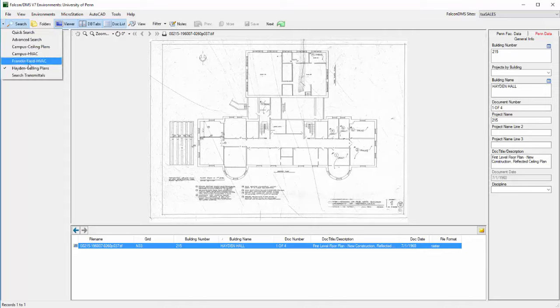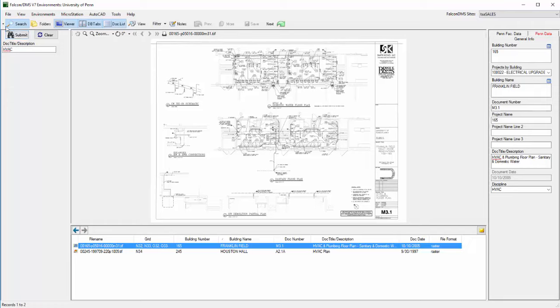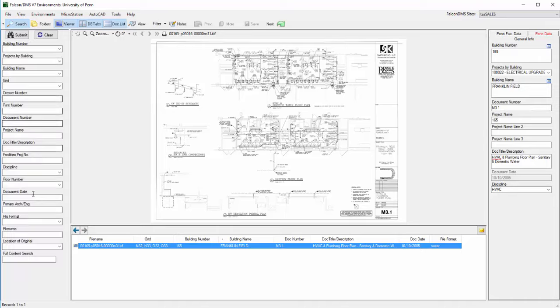I could also say that I'd like every HVAC document for the entire campus, or specifically the HVAC documents for Franklin Field. You can define as many of these named searches as you'd like, and they can be custom tailored for each of your environments. If I return to the Quick Search panel, the last type of searching we'll do is the